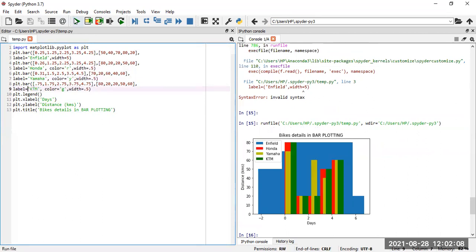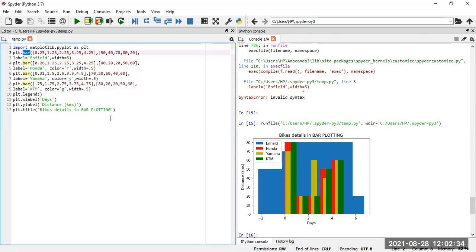Okay, now the thing has been sorted. We can see we are making it a bar graph. We are trying to plot the values as bars, so the values have been changed into a bar graph. Here we can see that we have mentioned plt.bar, and that's why the plot has changed into a bar graph.